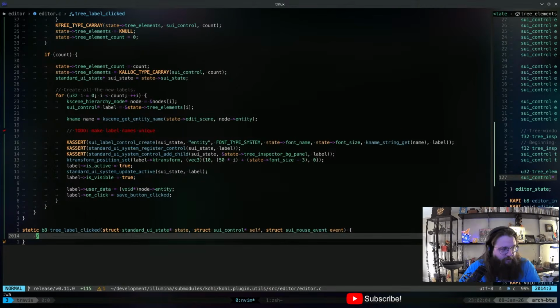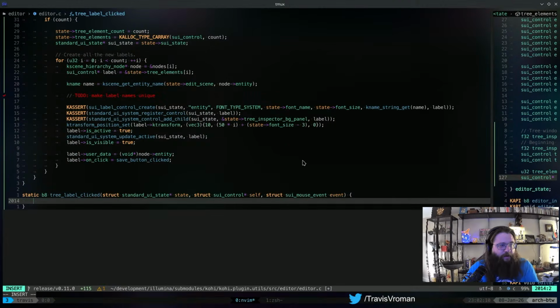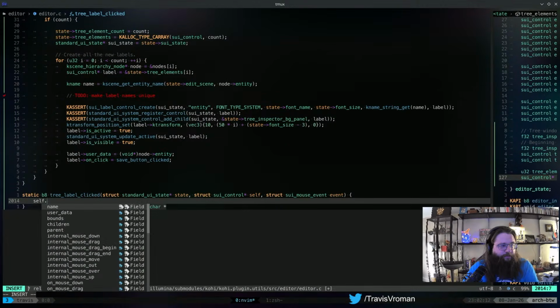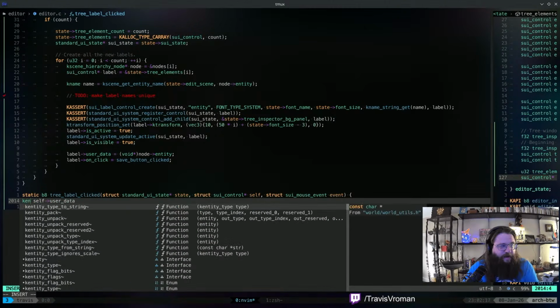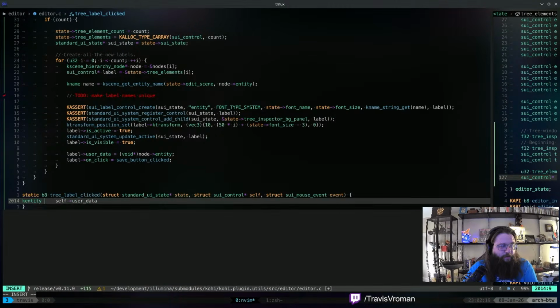All right, so when we click this, what we're actually going to have is self user data, right? Is going to be a K entity, right? And that's just going to be, cast to K entity, right?